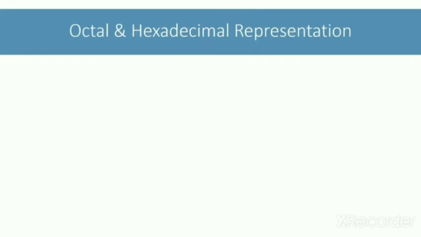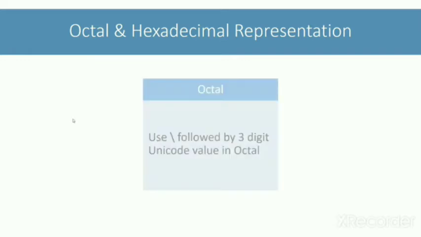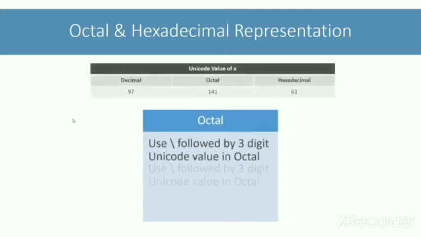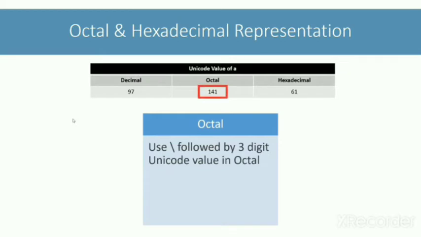When we were discussing char data type, we learned that characters in Java are represented by the Unicode values. Using the concept of escape sequence, it is possible to write character literals as octal or hexadecimal representation of their Unicode values. To write the character literal in octal form, use the backslash followed by the 3-digit number. Taking small a as an example, its Unicode value in octal is 141. It can be written as a character literal in octal form like this.